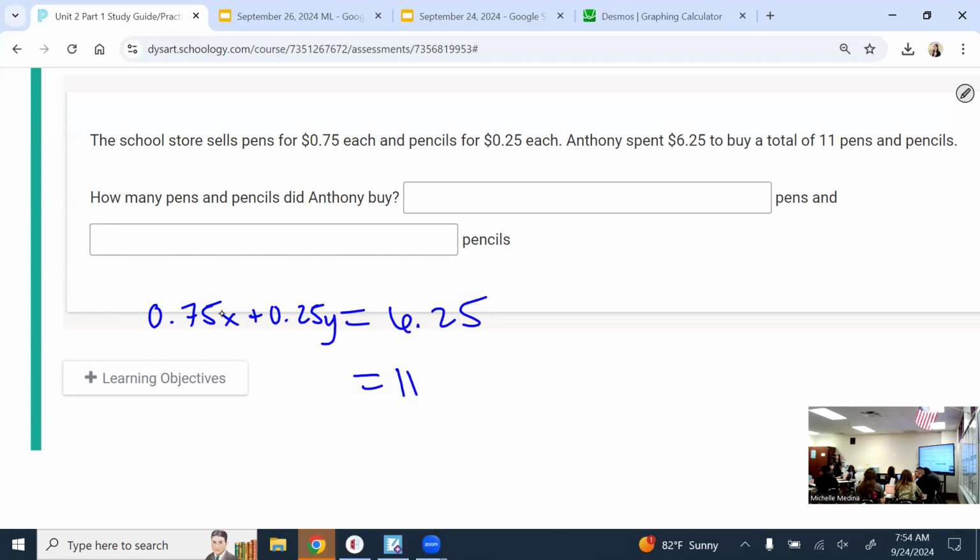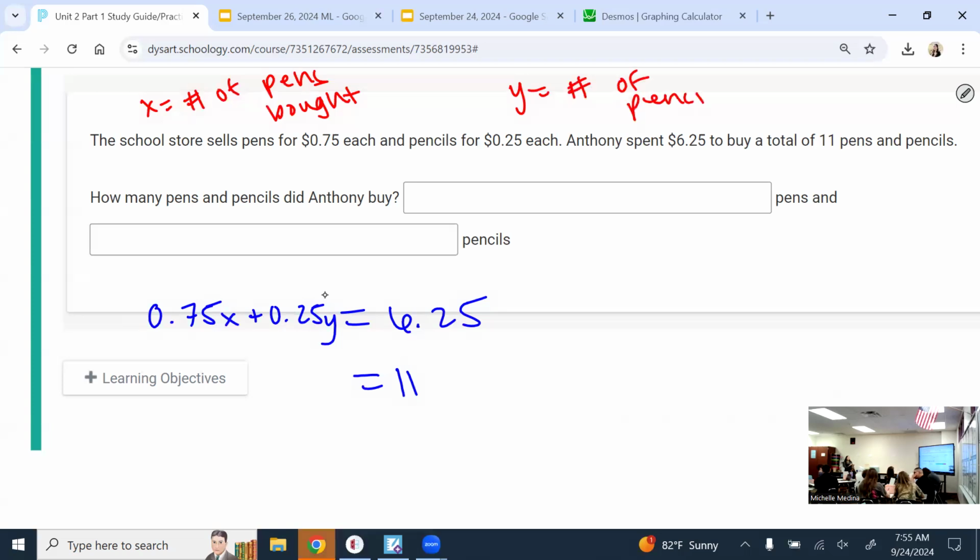Okay, great. So when you have dollar amounts, what is on the other side is usually a dollar amount. Sometimes the X and Y is the price. So sometimes maybe we don't see these dollar amounts and we see how many they bought. But this time we're solving for how many they bought. So X is what in this situation, class? The number of pens bought, because that was the one that was 75 cents. And the Y is